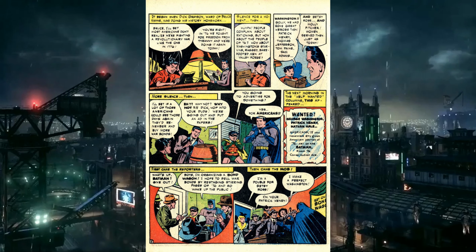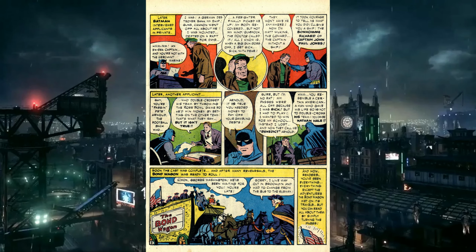I don't know what you're talking about because people are showing up for Batman's ad. They got reporters coming up asking about what's going on, and then a bunch of people want to play the parts of Washington and Patrick Henry and Betsy Ross. And then we get individual interviews where Batman's interviewing an ex-captain